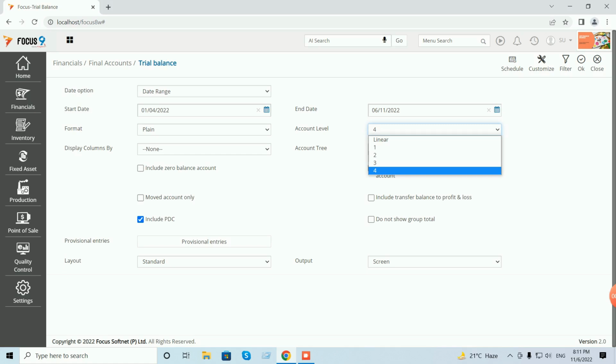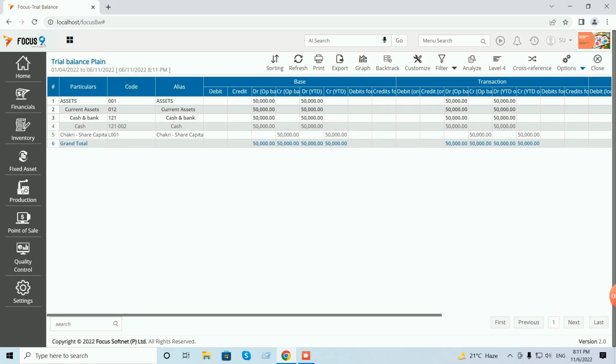Now the system has only 4 levels. If you have more than 4 levels, it will show those levels here. You can select that level and click on OK. I'm just selecting the 4th level. Okay, now I click on OK. Now you see here,